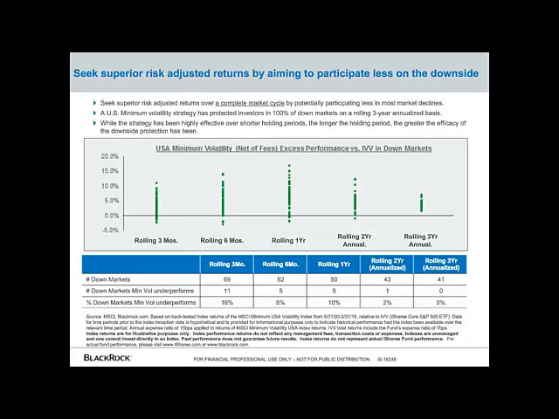Holding period matters. If you're evaluating this strategy on a quarterly basis, in the last 16 years, the index has underperformed in 16% of down markets. If you extend your holding period to 1 year, this number is reduced to 10%. In 2 years, there's only 1 instance, and in 3 years, there have been no instances where the min-vol index has underperformed in a down market. So the point here is that you should be investing for the long term, and you should give this strategy time to work for you.